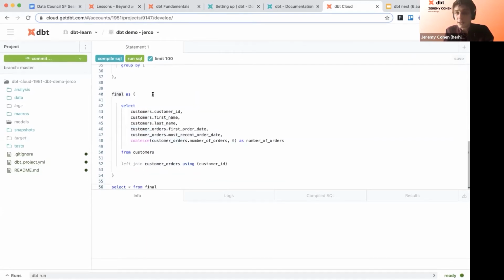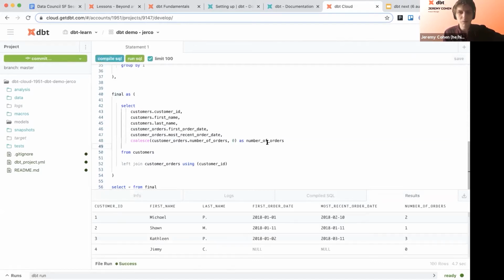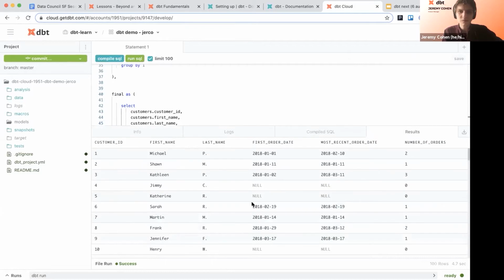And it's about 56 lines long, which is not too bad as things go. But still, there's a lot going on here, probably more than needs to be all at once. This is what I get after I run this query. Number of orders, most recent order date, first order date.